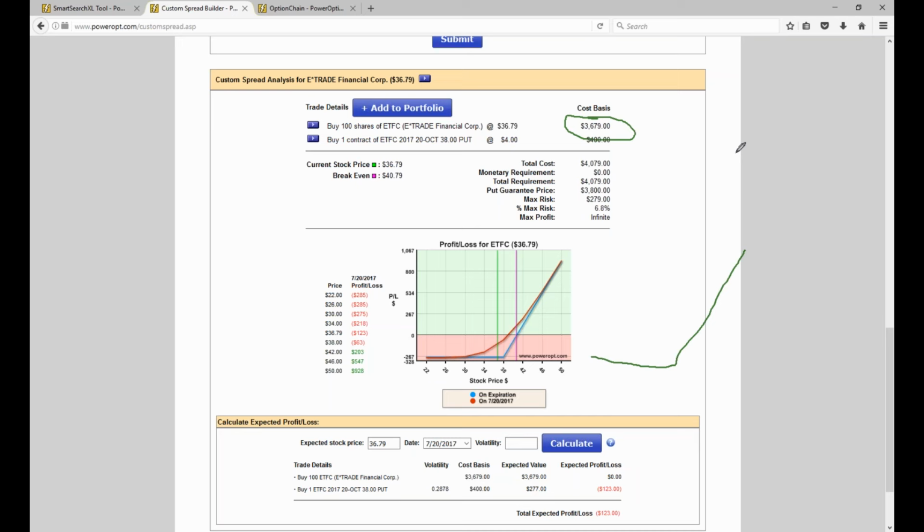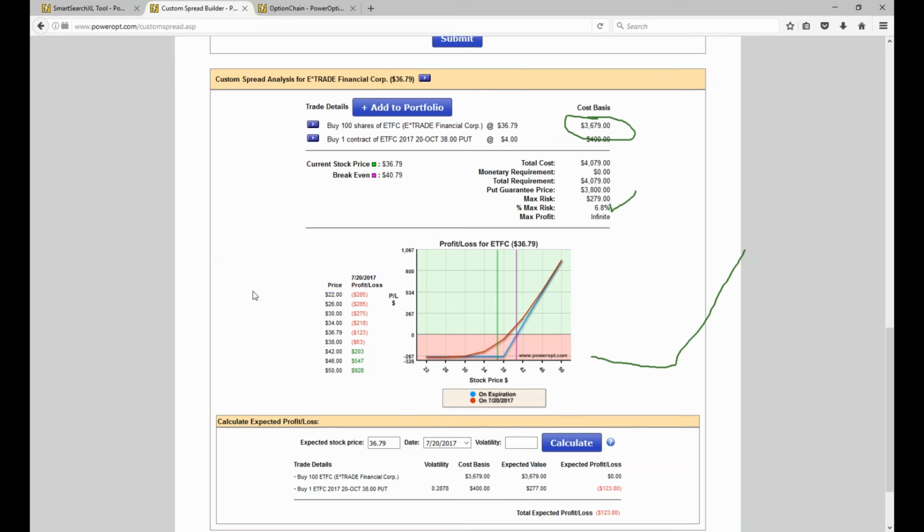But the minute you start buying more calls, you start using that other capital to invest in other positions or spread trades or things of that nature, you can't say we're at parity anymore, because you're risking more of your portfolio to the open market, where I'm only risking 6.8%. Okay, and that's in the worst case scenario. I'm probably going to get a better price here for that put as well.